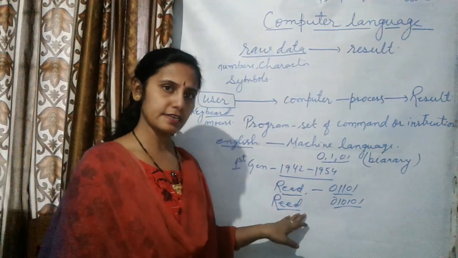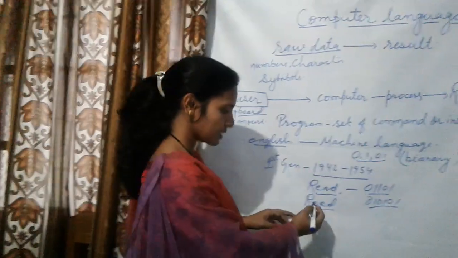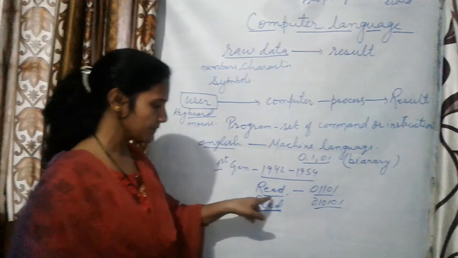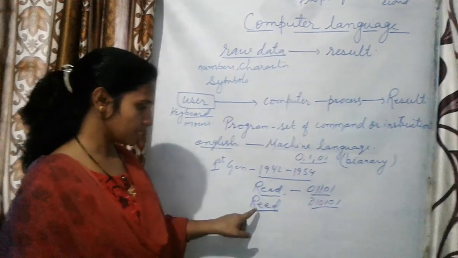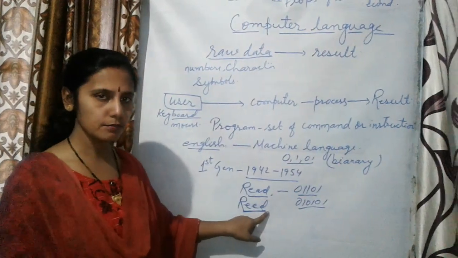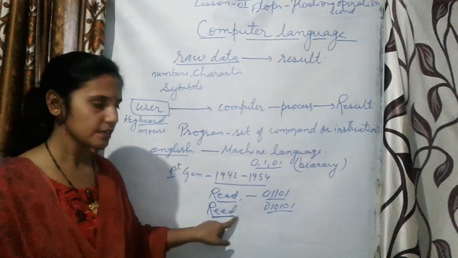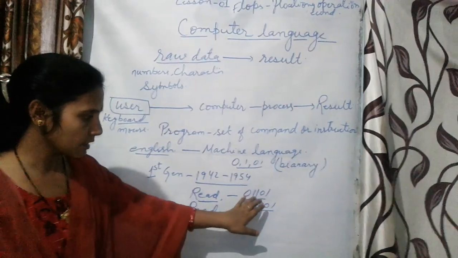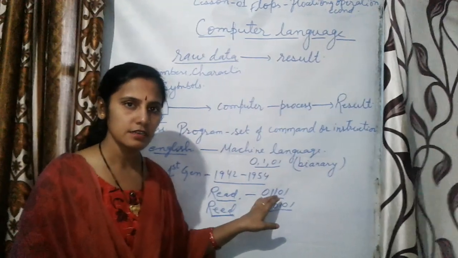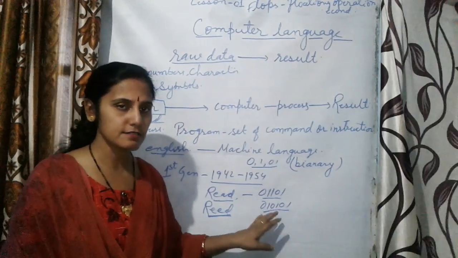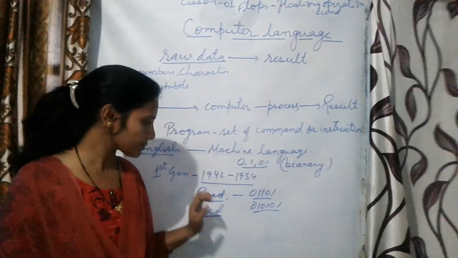So can you detect the error? Yes, of course, you can find the error very easily. The correct spelling is this one, but I have written this one. So the mistake you can find very easily. But here, if we are writing in this 0101 format, it is very difficult to find the problem.